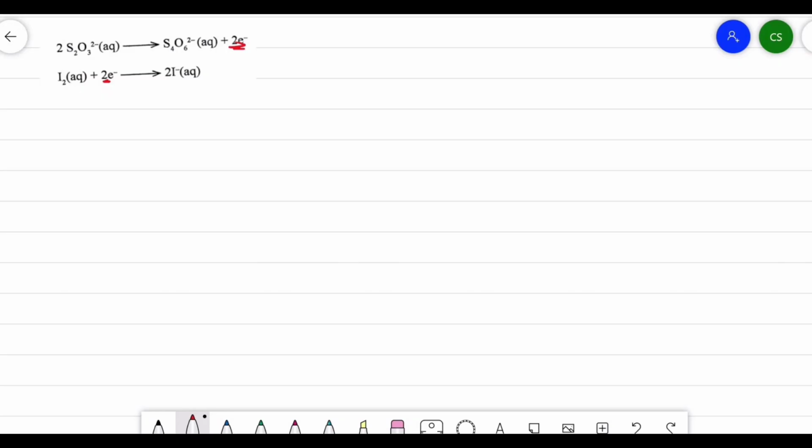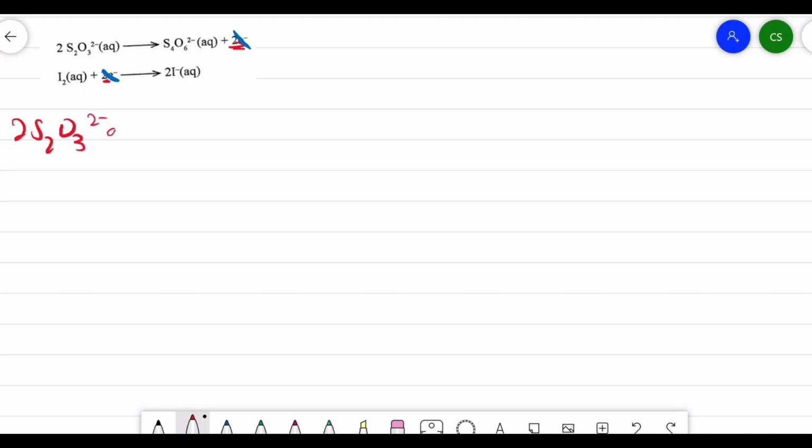Okay, so after you have established that, seeing that I have the same number of electrons here that I have here, I don't have to do any multiplication. So what I'll do is simply just cross them out. Now you just want to rewrite your full equation, and what I would get is